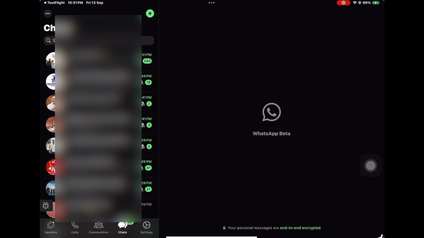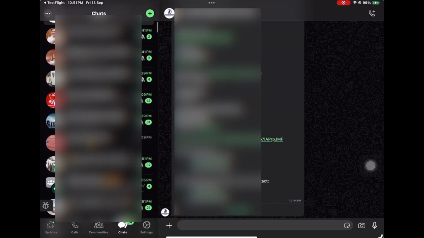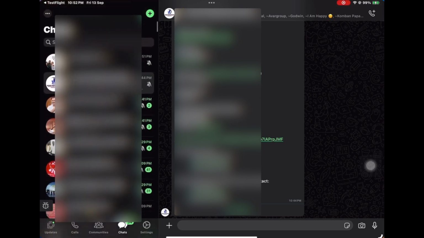As you can see, the interface looks pretty much similar to WhatsApp Web. Once WhatsApp for iPad is officially available, you will be able to make audio and video calls. And right now with the beta program, only the audio calls feature seems to be working. So all the messages that you have on your iPhone will be synchronized, and using the multi-device login feature,